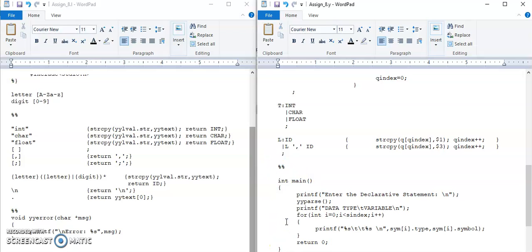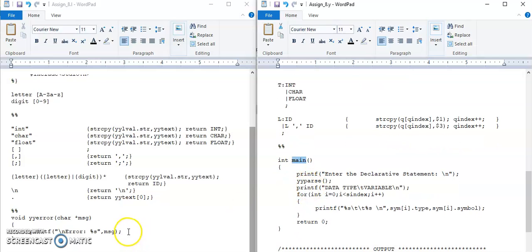Now, whenever you are using Lex and Yacc both, then the main function is written in the third section of the .y file, and there will be no main function in the Lex program.